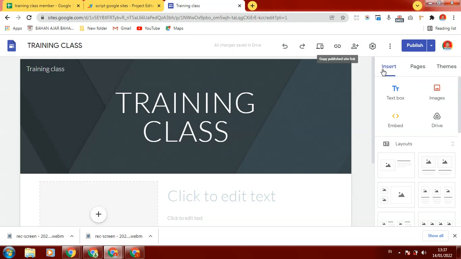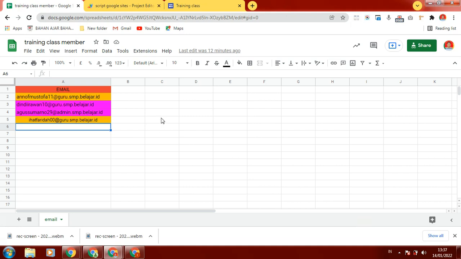After we create the Google site, we can create a Google Sheet to type the members' email addresses from column A, first row until the last row, and we can rename the sheet as email.